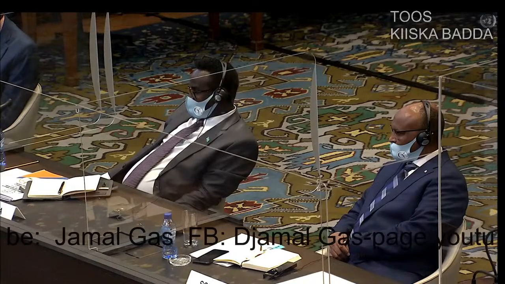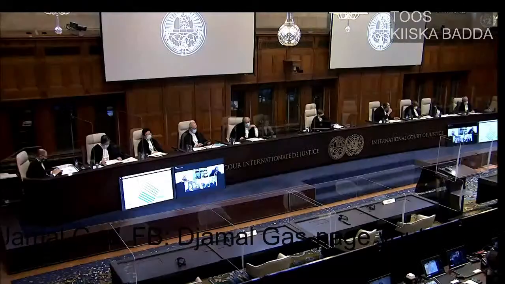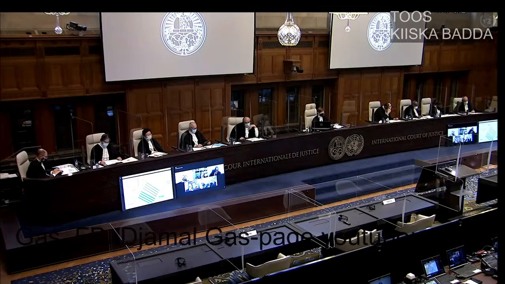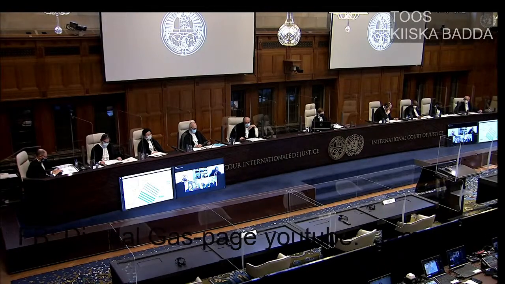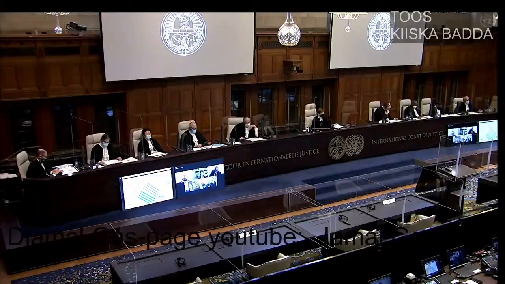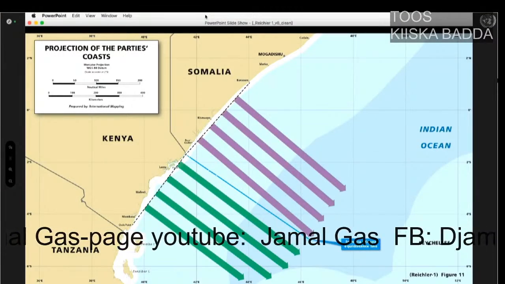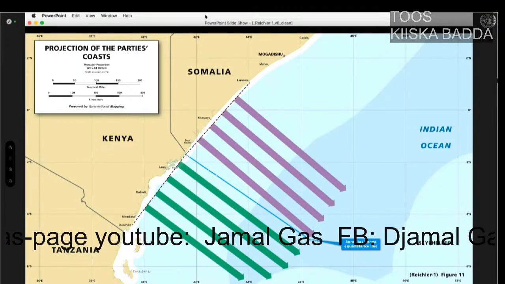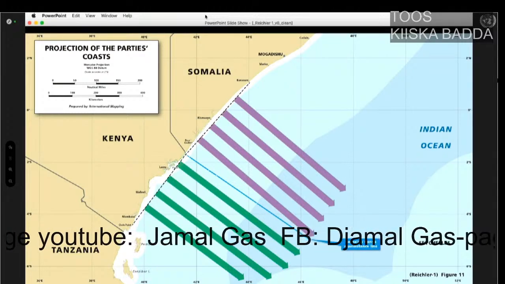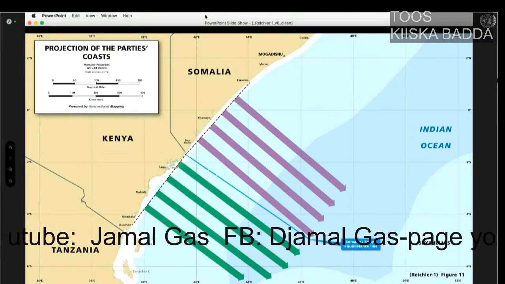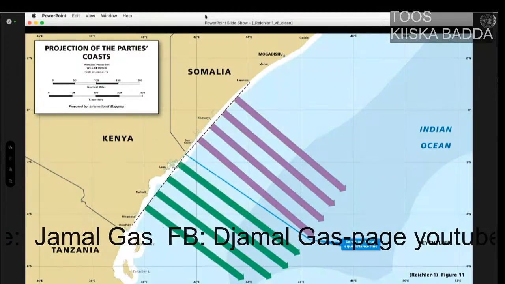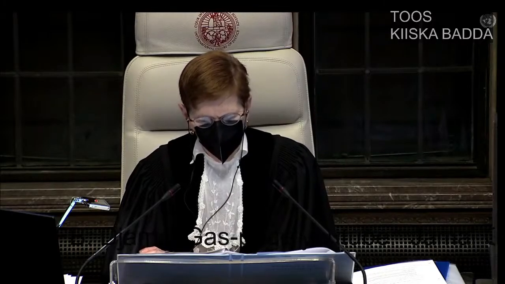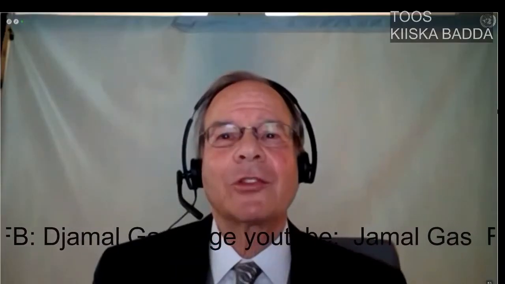Kenya complains that the combination of an equidistance line with Somalia and its agreed boundary with Tanzania, quote, substantially narrows Kenya's coastal projection into its EEZ from a coastal length measured as a straight line of 424 kilometers to only 180 kilometers measured at the 200-mile limit, end of quote. That may be true as a matter of simple arithmetic, as shown here and at tab 57. But the case law does not support the conclusion that an adjustment to the provisional equidistance line is warranted in